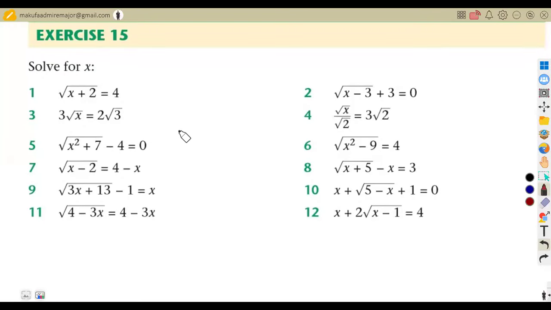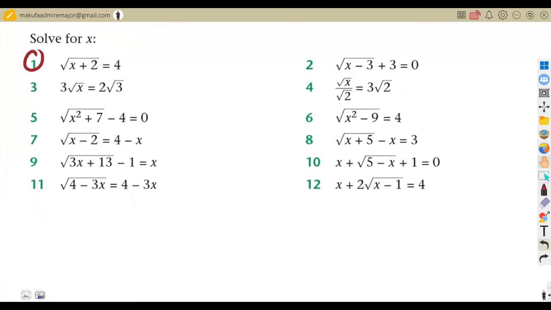Okay, guys, just like our normal equations, we also have equations that are under the surds, focusing on the surds. Remember, we talked about the introduction of these surds. How do we apply these surds and some of the rules and laws? We also have the part of solving equations, where we are asked to solve for x given particular questions. We're just going to explain what are the stages that you're supposed to make in solving these